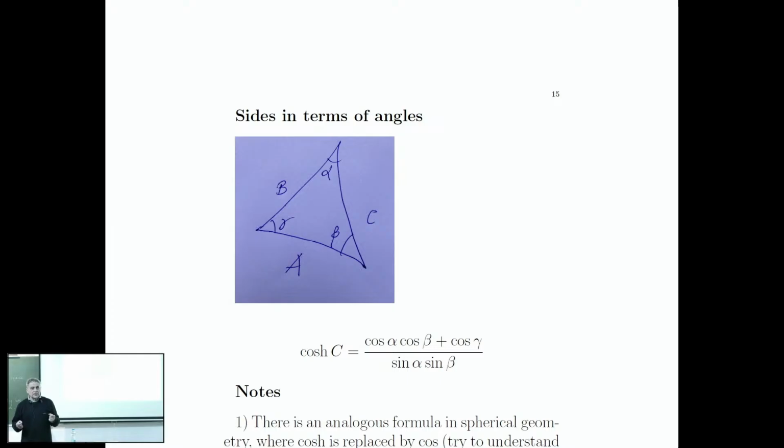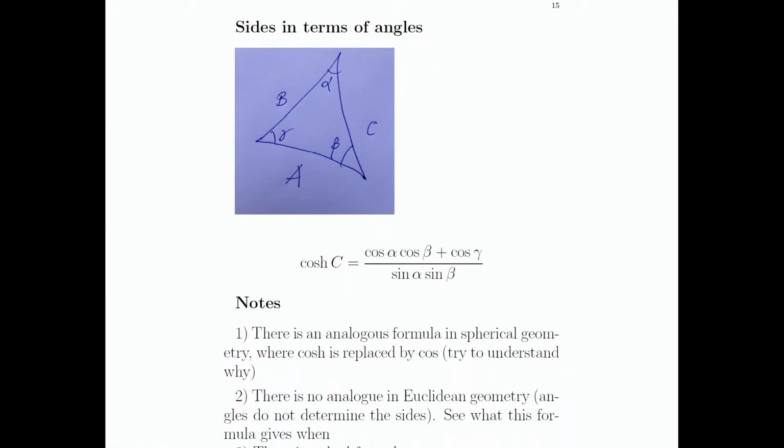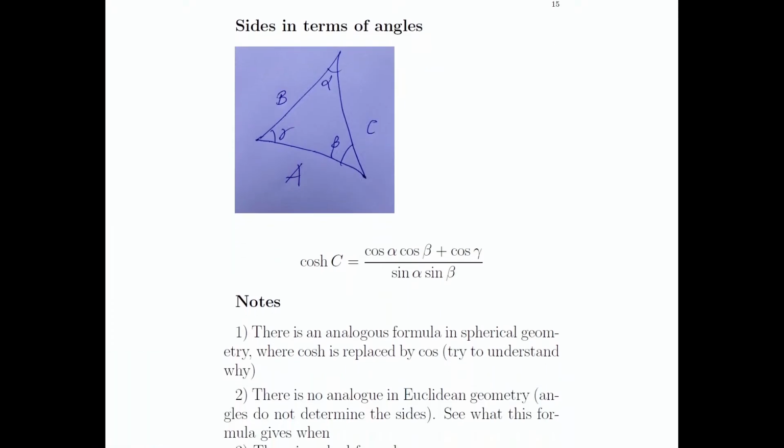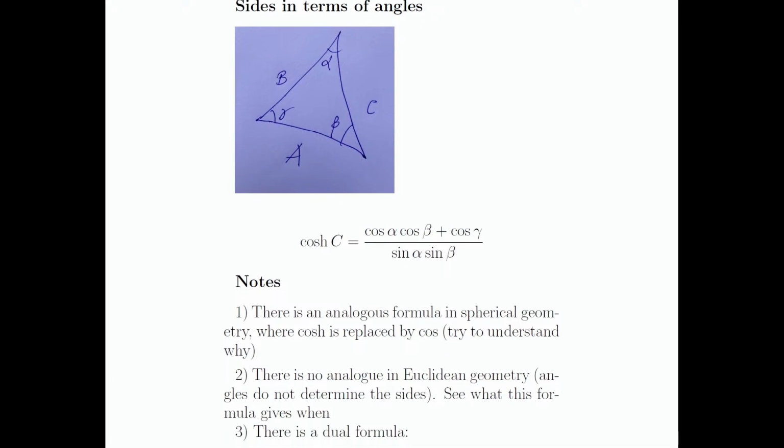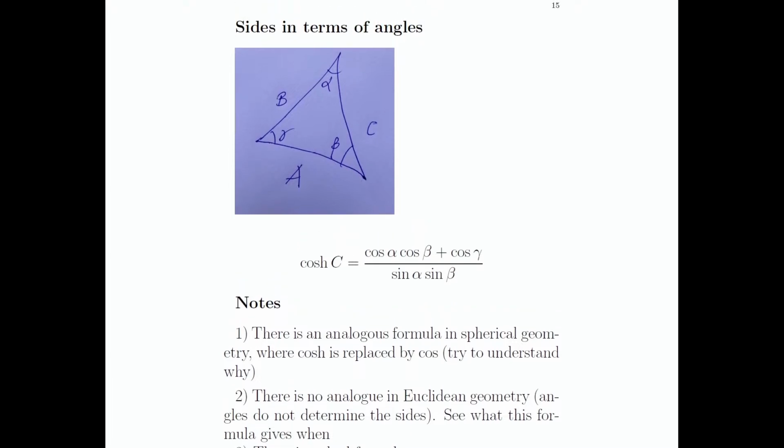The three angles do not determine the sides. But in hyperbolic geometry, we have this formula here. It gives you this length here, or the cosh of this length, in terms of the three angles. I didn't write it here, but